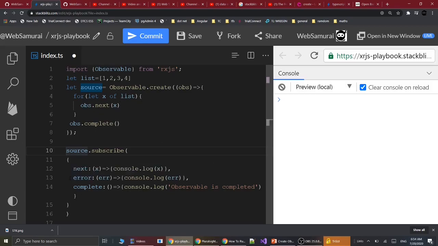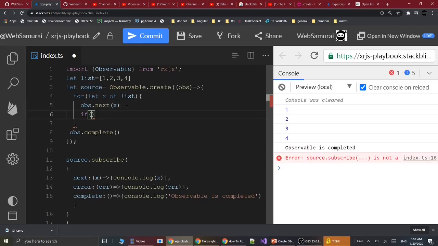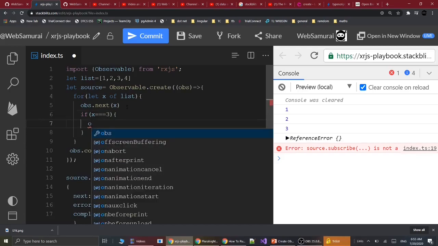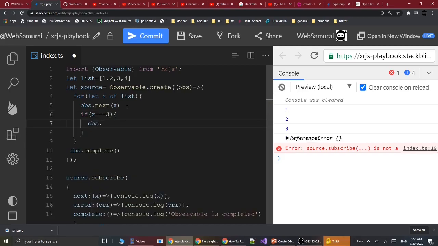We haven't seen the error function in action, so let us add an if condition here, that x equals 3, and then I call the error function of the observer, error has occurred.